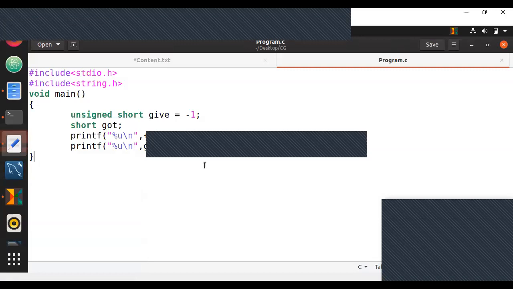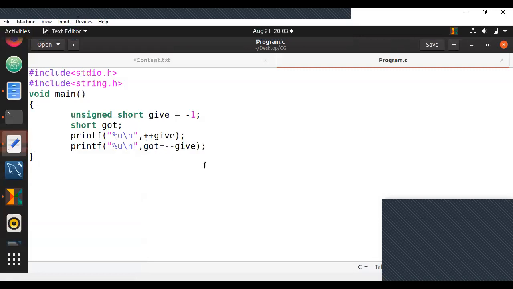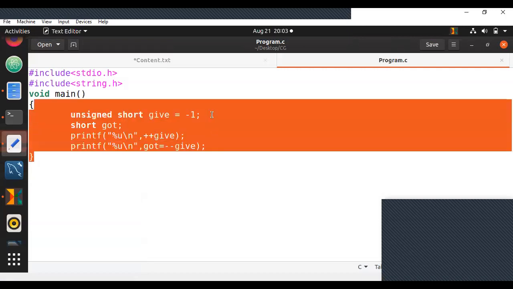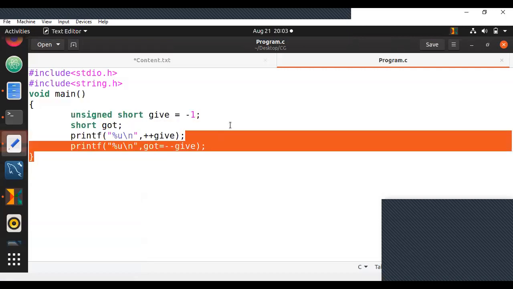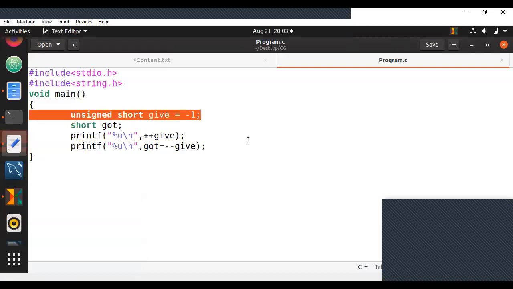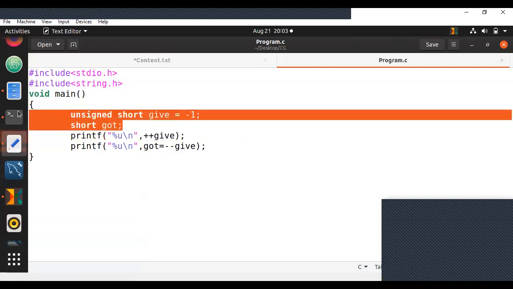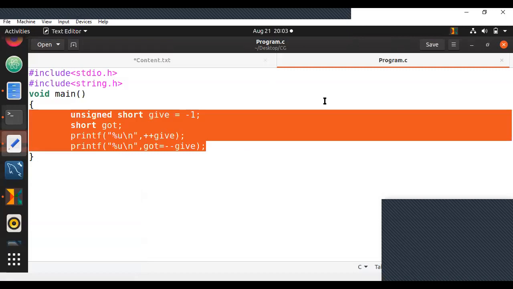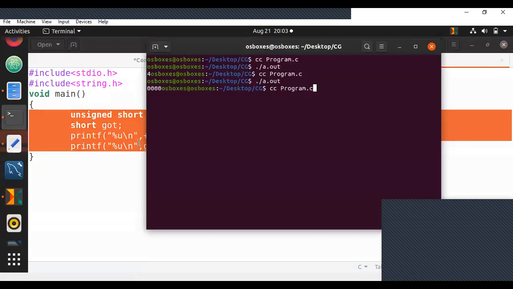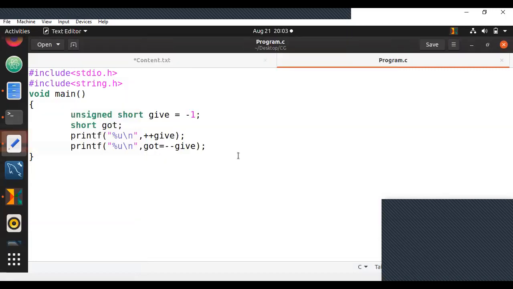Now, going ahead with this, can we try this example now? Can you guys figure out what could happen here? If you find it difficult, let me just compile this. It gives no error. Just remember, I'm compiling it. It gives no error. I'm asking you guys to try this out.